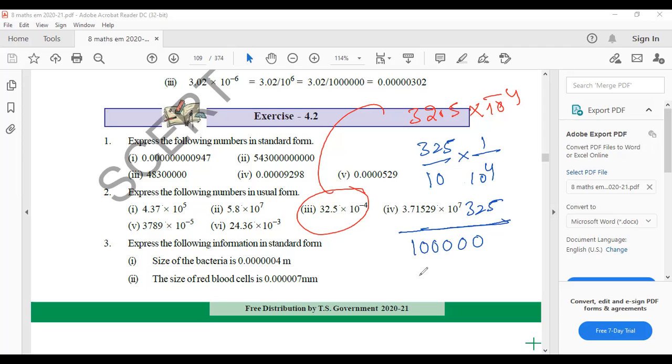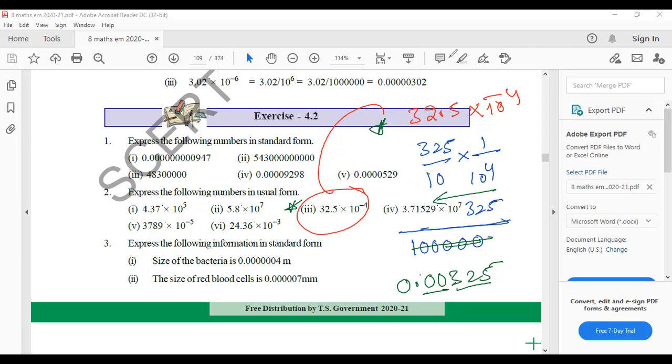So 325 by 5 zeros. If you want to shift the point to the top, zeros will come out. There are 3 digits, so extra 2 zeros will come. So 0.00325. Clear? 3 and 2 zeros after the point. If you cancel 5 zeros, automatically it shifts left by 5 digits. But only 3 are available, so make the rest zeros. Clear? This is one of the interesting important problems. Minus will come. You must be careful. Clear?